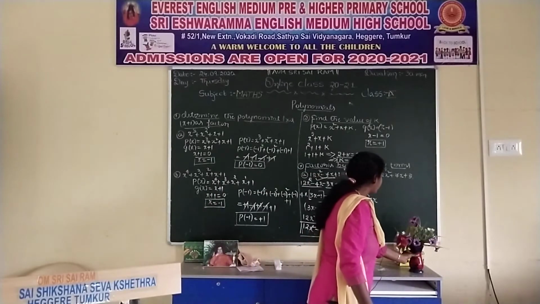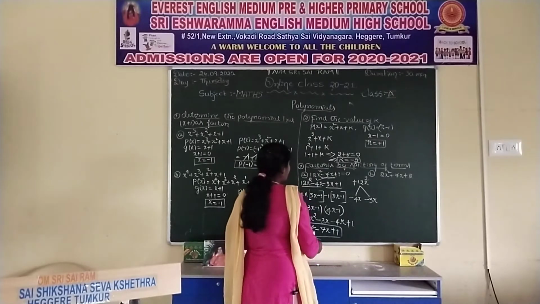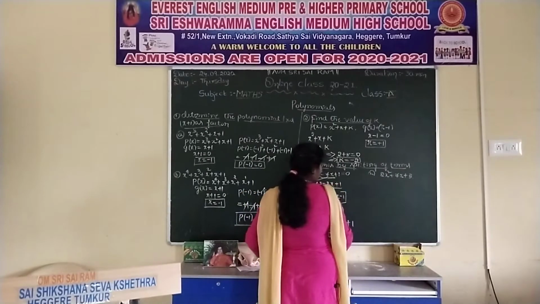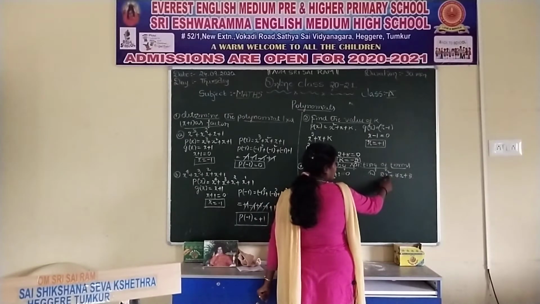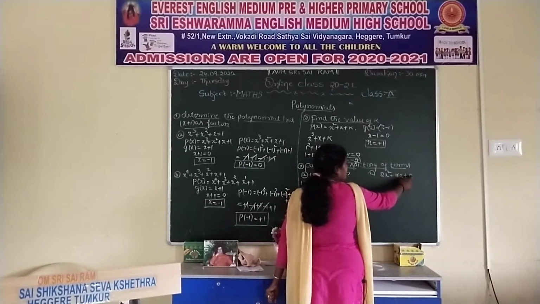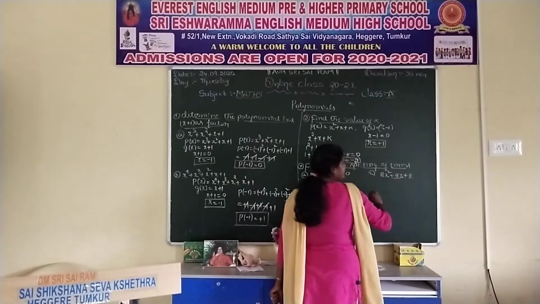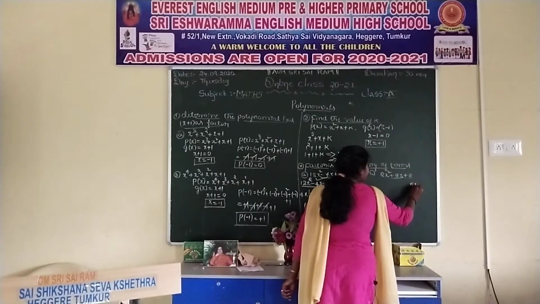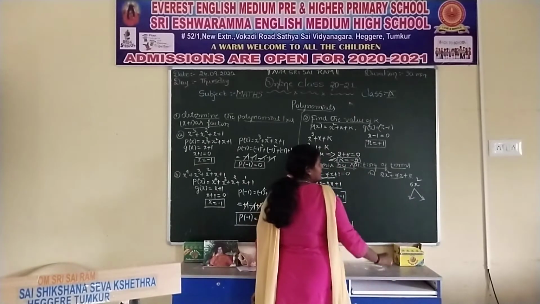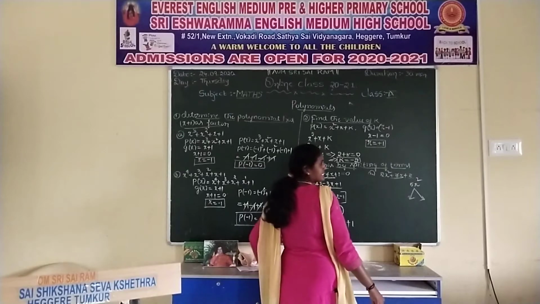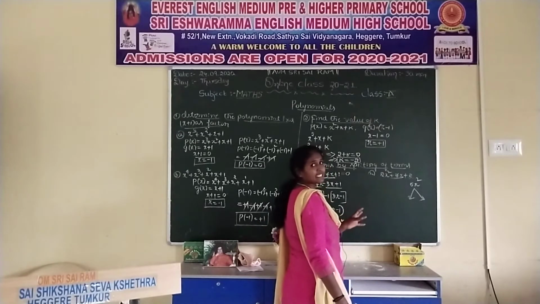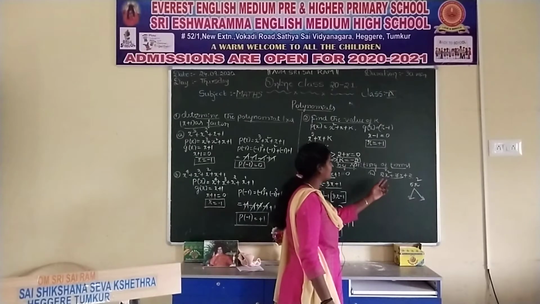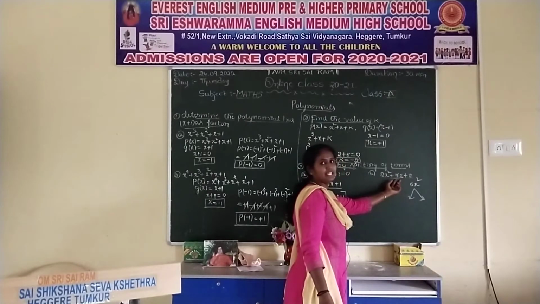See, I'll show one more example of how to find the factors. The question is 2x square plus 7x plus 3. Here the middle term is 7x. Next you multiply the last term and the first term: 3 2s are 6 into x square. You split it into 2 factors. 3 2s are 6, but those 2 factors are not suitable, because we will not get 7x.